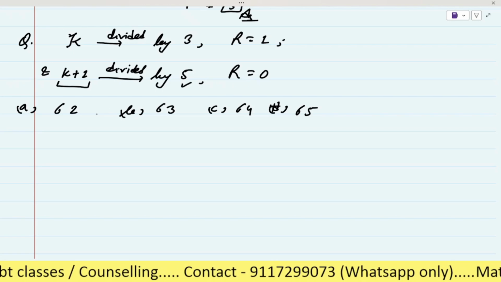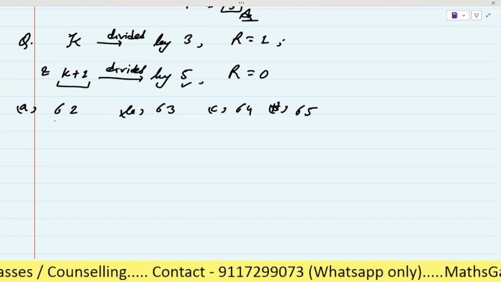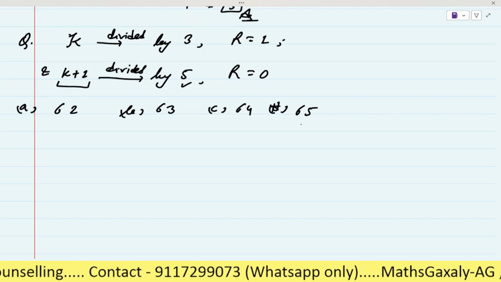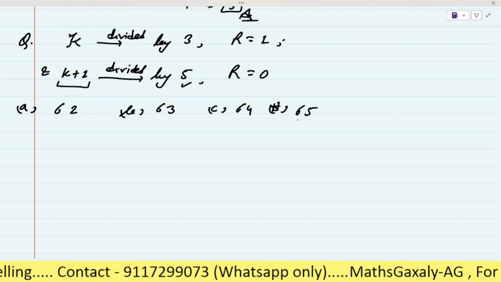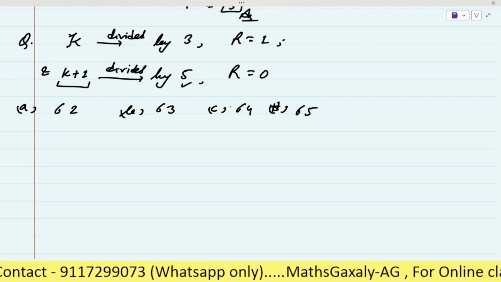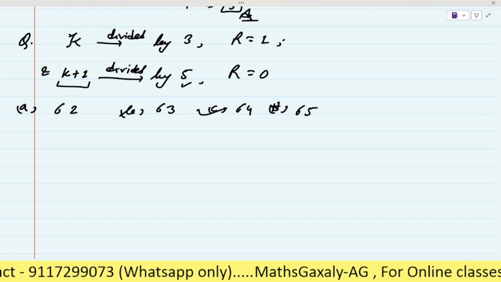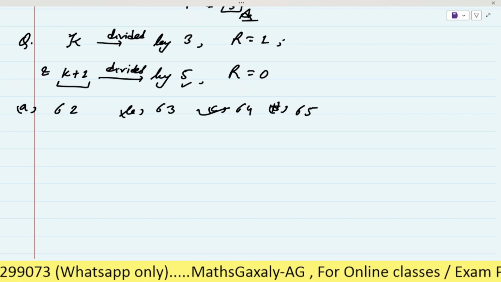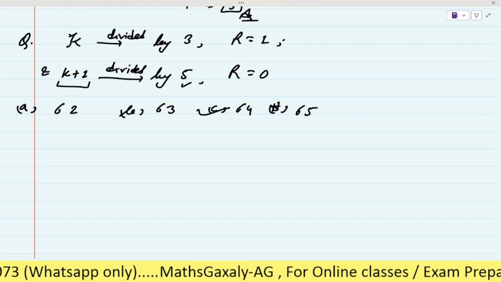Remainder will be 0. What will be the value of k? Check one by one from the options. 64. Very good. 64 plus 1, 65. It will be divisible by 5.